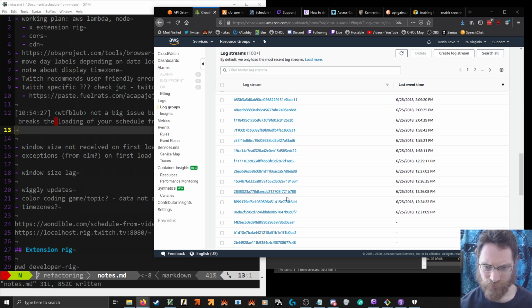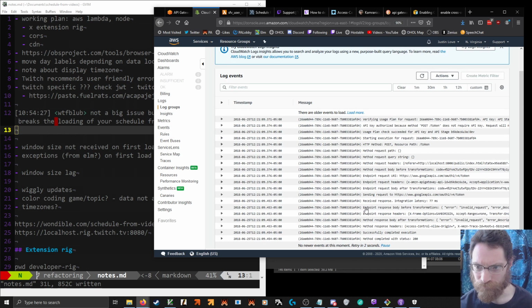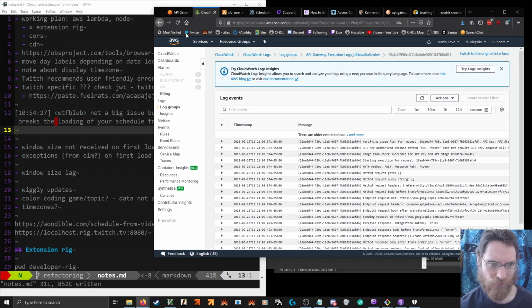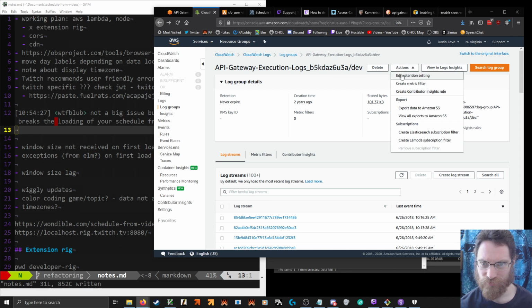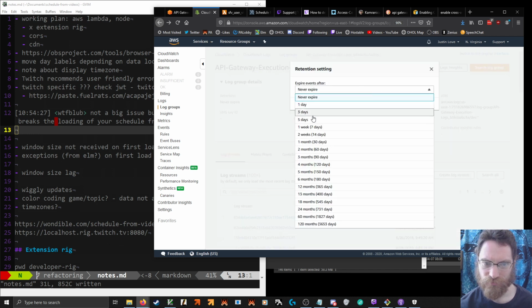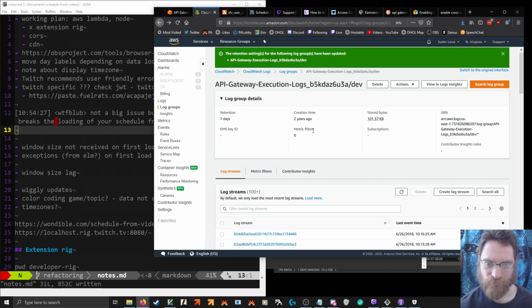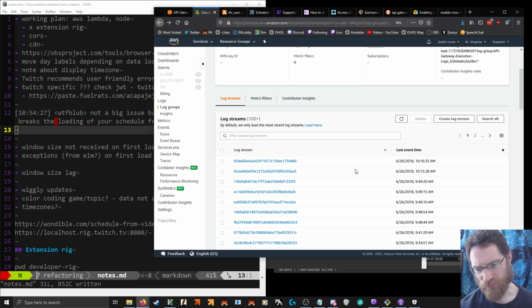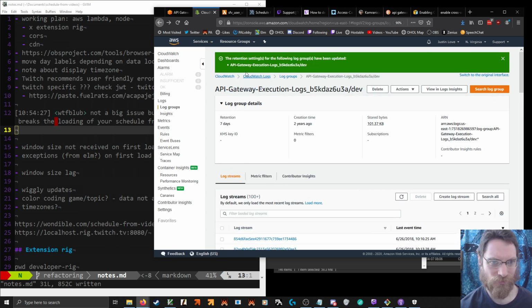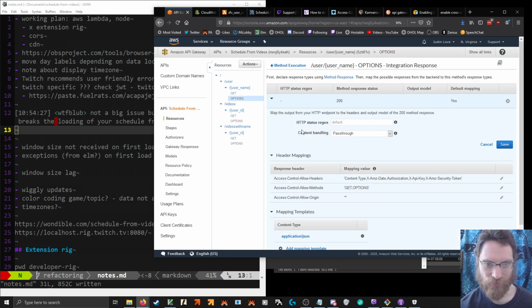I've probably done some loading today. I mean, there's localhost again, so this does seem to be dev. Wait, creation time 2 years ago. Oh no, this is 2018. Okay. So I just don't have this enabled on any of this stuff.